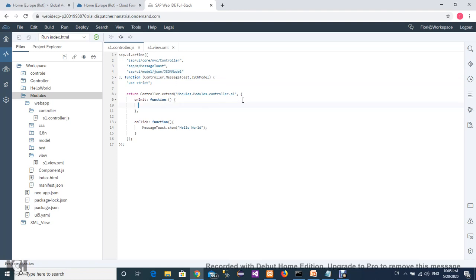Now include that JSON model into our parameter, then create one JSON data here. Inside oData, declare our entity.